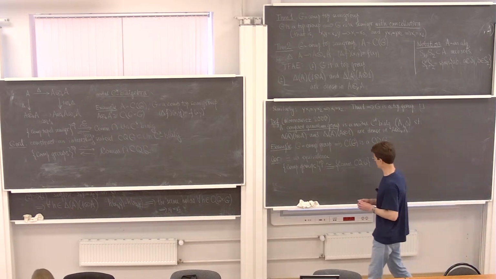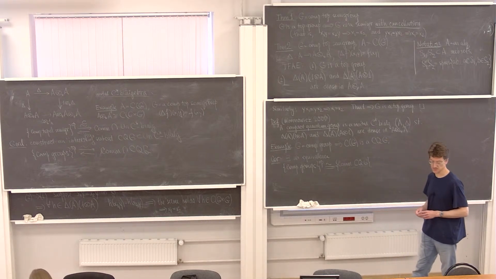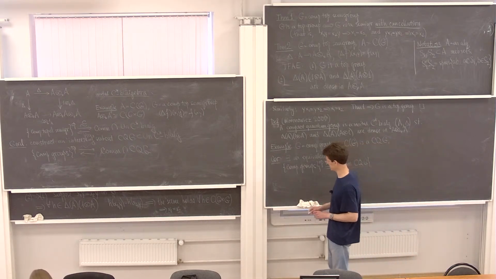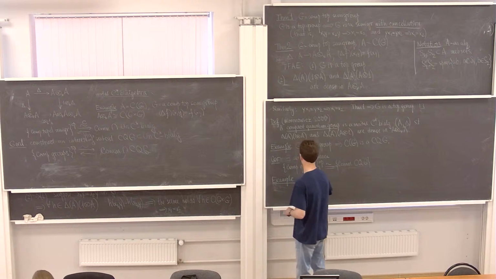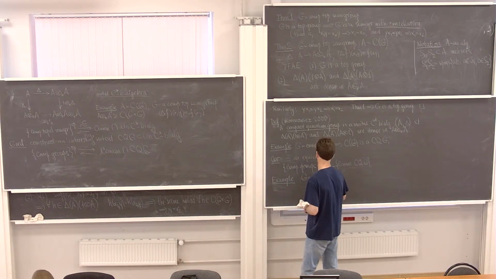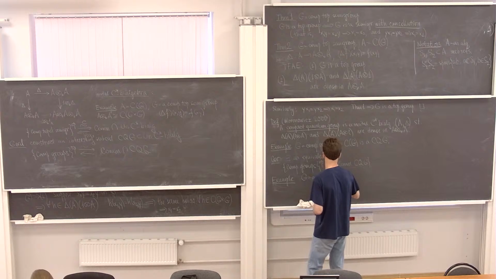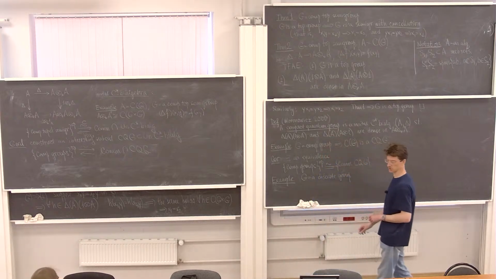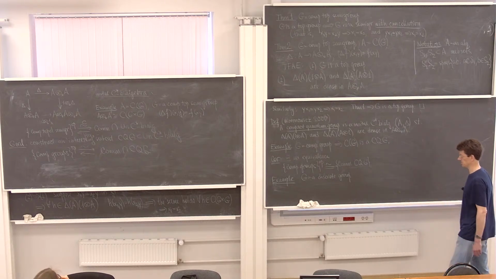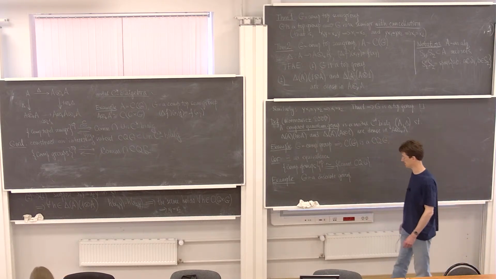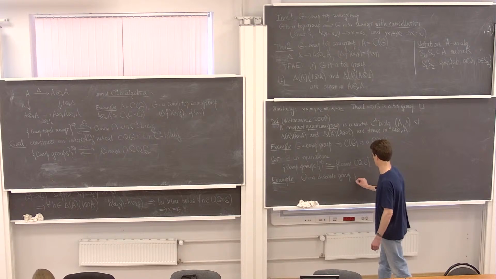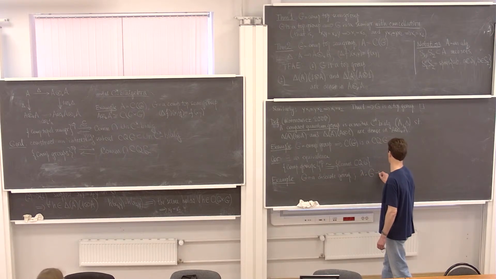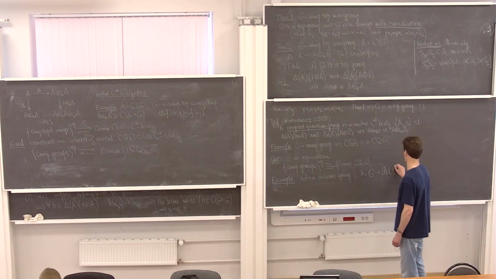Another useful example of a compact quantum group, which is not necessarily commutative, comes from group C-star algebras. Suppose that G is a discrete group, so just a group, so we don't equip it with any topology, or alternatively we can equip it with the discrete topology. So we take the so-called left regular representation, lambda of G, on the space of square summable families on G,